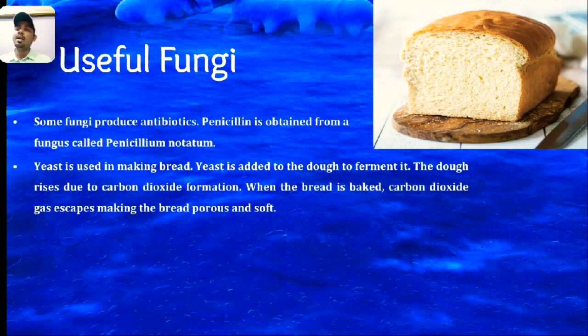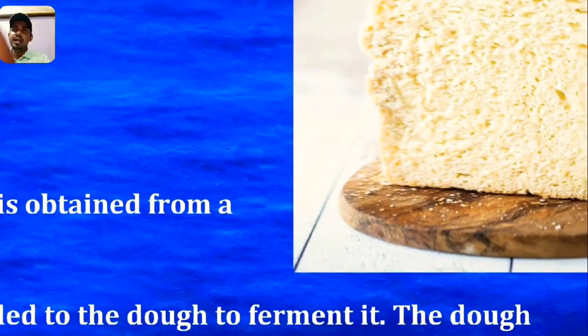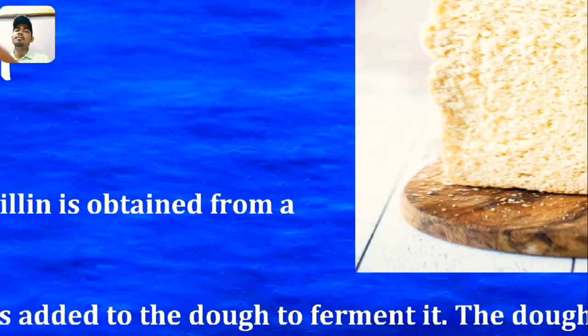Okay, and these carbon dioxides accumulate. When the bread is baked, carbon dioxide gas escapes, making the bread porous and soft. When it is baked, due to high temperature, carbon dioxide gases escape and the bread becomes porous. So now you understand why bread has that